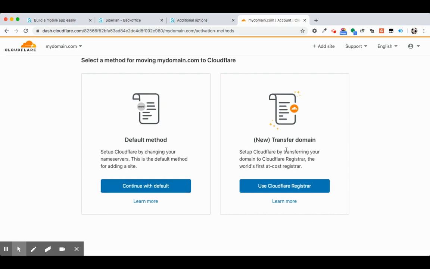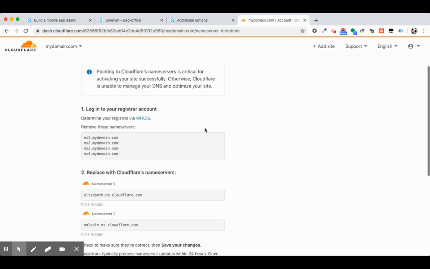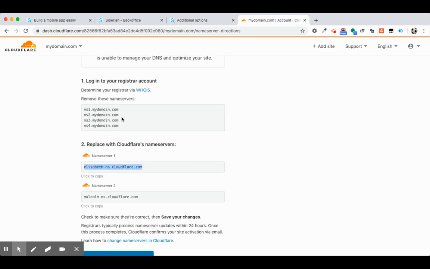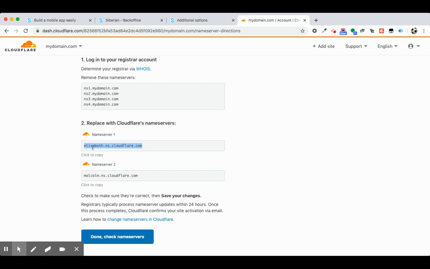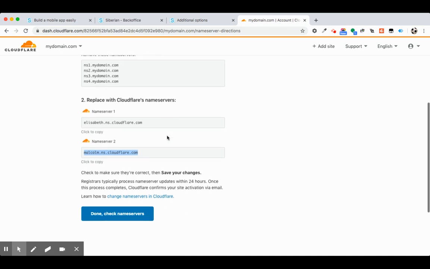And if you select this method, then it will ask you to transfer domain from your current provider to Cloudflare, but generally this is not needed. You can click on default, and now you have to just change the name server. Generally, to make Cloudflare work, you have to move your DNS server. So Cloudflare works at the DNS level, so that your server is hidden behind DNS. So for that, you need to change name server of your current domain. You have to enter these name servers provided by Cloudflare, and you have to just enter those settings on your domain wherever you are currently hosting your domain.